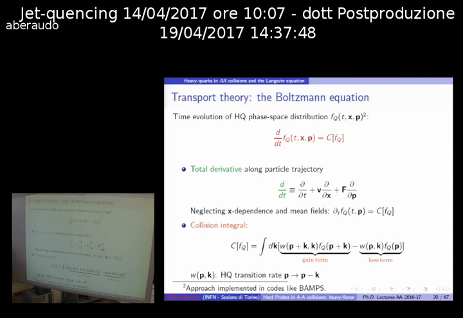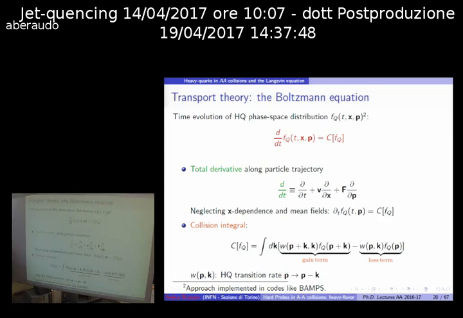And the Boltzmann equation essentially tells us that the total time derivative of this phase space distribution is given by a collision integral, so a balance between gain and loss processes. Where this total derivative is along the particle trajectory, so it is given by a partial derivative with respect to time, a gradient with respect to space times the velocity, plus a gradient with respect to the momentum times